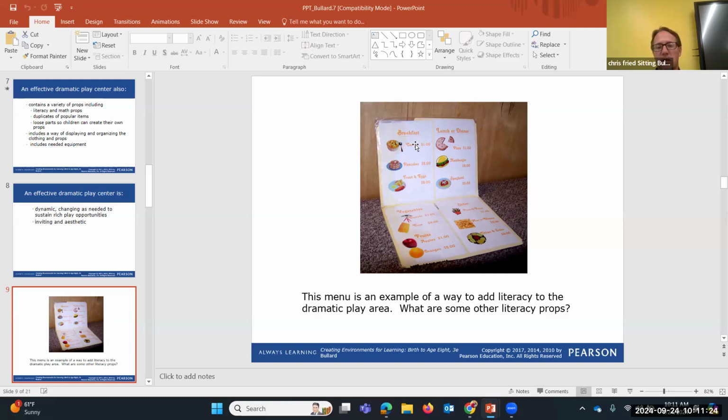Now, for preschool kids, they may not be reading this, right? But they're starting to put together pictures, right? Maybe they understand what a pizza looks like, so that they're connecting this picture with this word and these letter components right here. So it's part of that process. Exposure, experience with words, with literacy is definitely important. There's lots of different things that we can do with that. So obviously we know that this is a kitchen or restaurant type center that might include a menu.